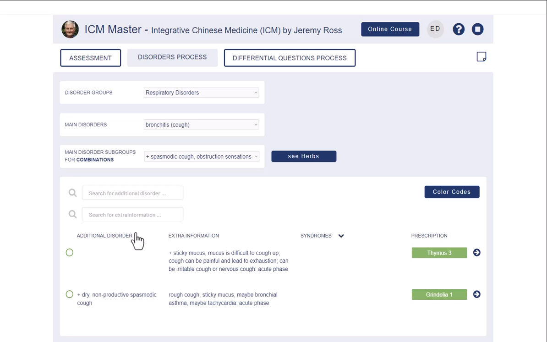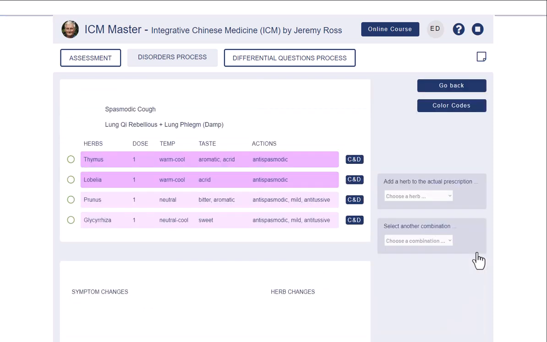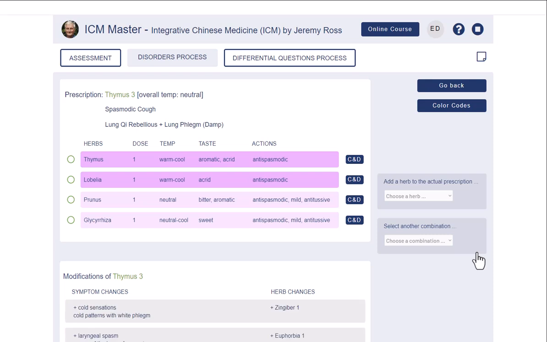Now, see the additional disorder and extra information on the table. Both combinations shown are for spasmodic cough with difficult expectoration, but Thymus 3 can be effective for painful cough, whereas Grindelia 1 is specific for dry, non-productive cough. So we decide for Thymus 3 and click the arrow icon, and the prescription table for Thymus 3 with the